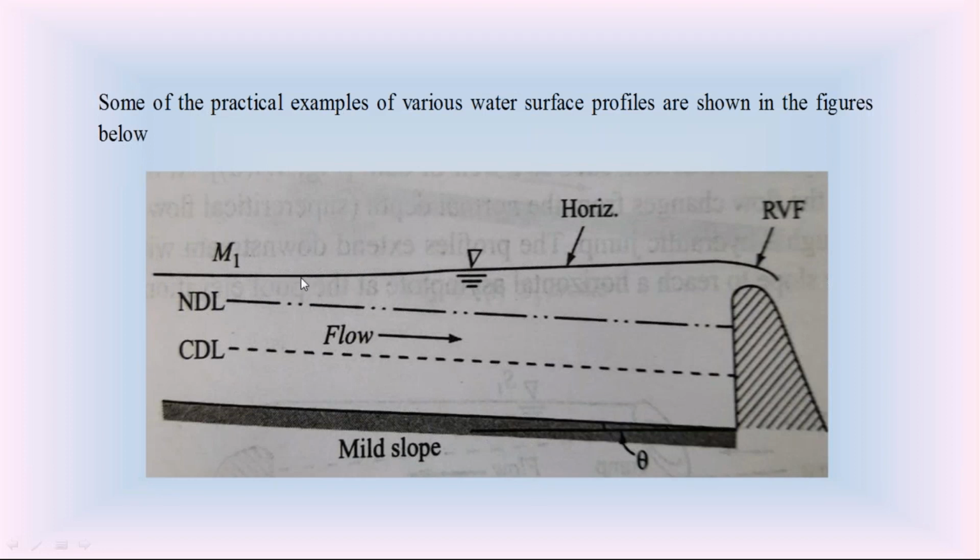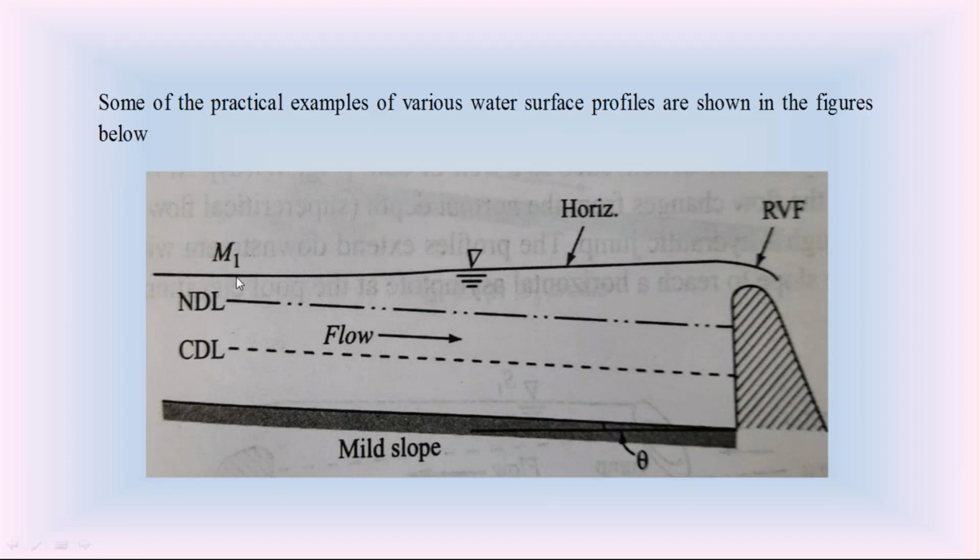Check this M1 curve. You know the characteristics. On the upstream side, the M1 curve is asymptotic to the normal depth line. So at the greater upstream side, this M1 curve water surface profile is asymptotic to the normal depth line, and on the downstream side, I discussed these characteristics. Even in the video lecture, I explained these characteristics of the M1 water surface profile in the open channel. So check those characteristics here.